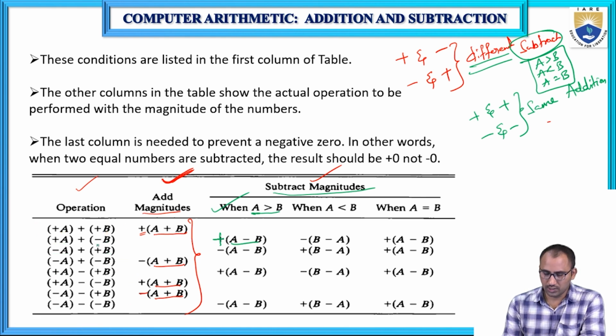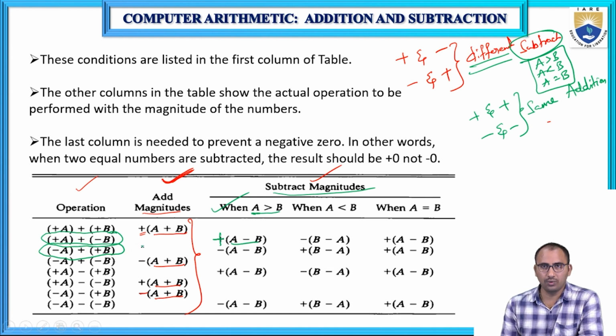Okay, so this one. Next one, minus A plus B. For this case also, the signs are different. The first number is a negative number and the second number is a positive number. So if signs are different, what do I have to do? I have to subtract their magnitudes and take the sign of the larger